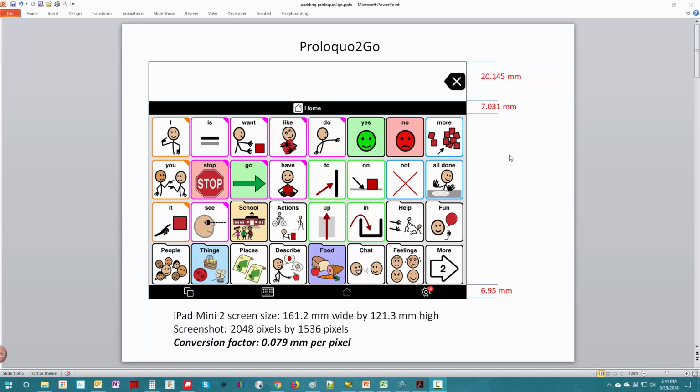One thing to keep in mind is that keyguard.scad, its input parameters only allow specification to a whole millimeter. So I put this information here, but that level of precision can't be entered into the program. So we'll just be dealing with 20 millimeters, 7 millimeters, and 7 millimeters when we actually put this data in. But what's going to be interesting here is actually the